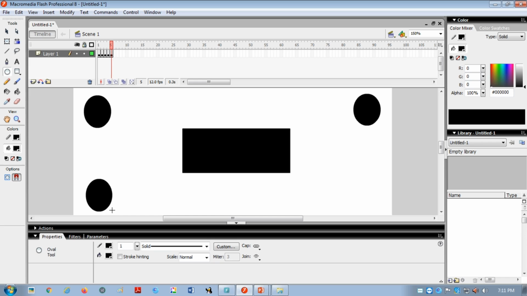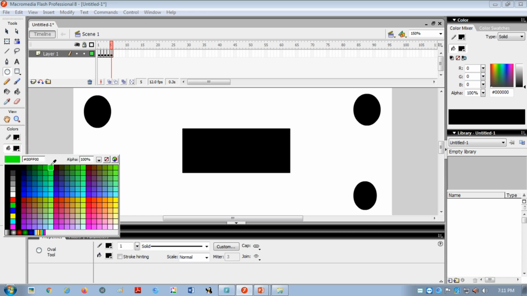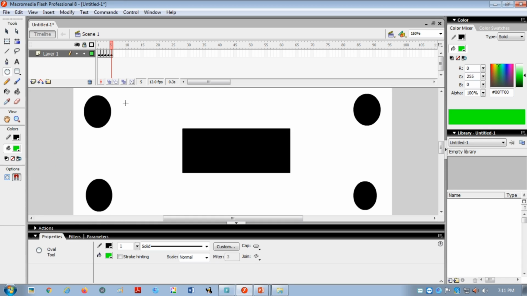Again I press F6, then draw a circle at the other end. You can even change the color from the fill color option. Now I am changing it, pressing F6 again. Each time you have to press the F6 button, so in each frame there are some different things.